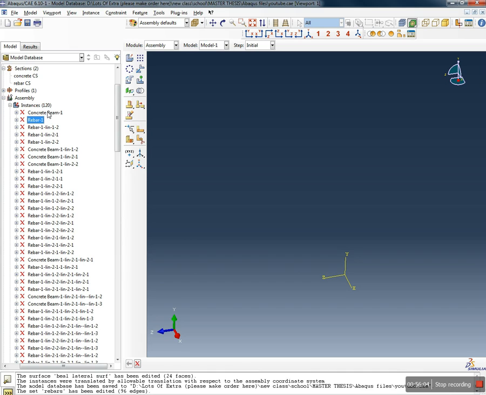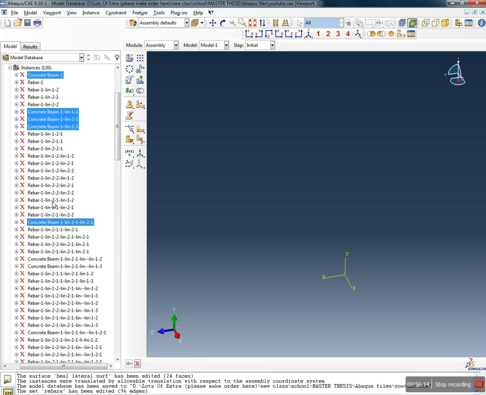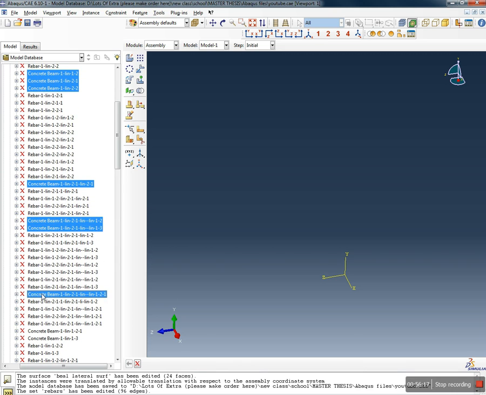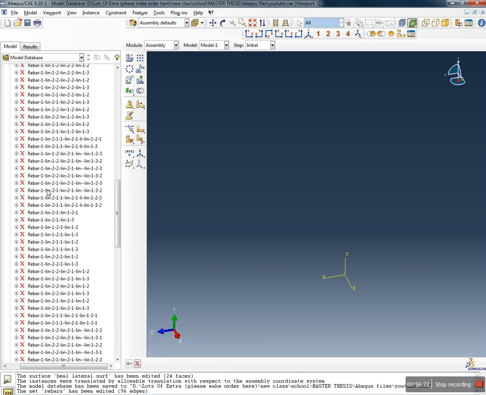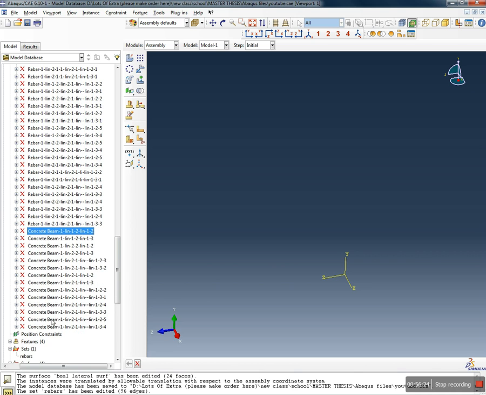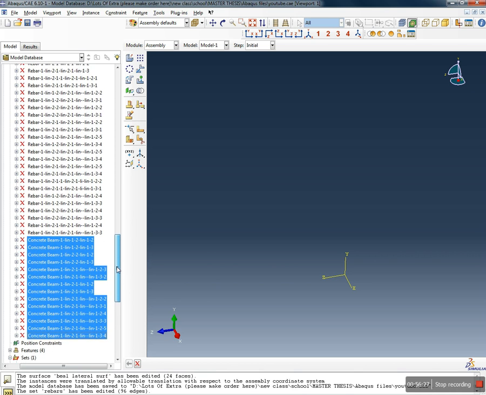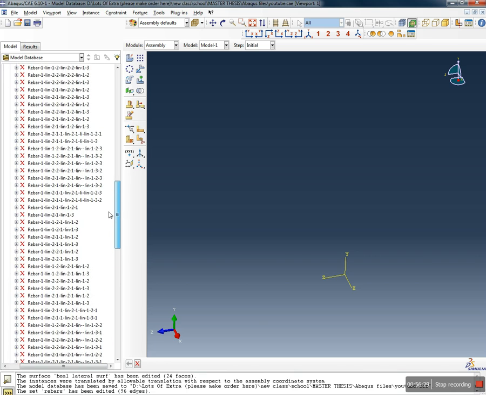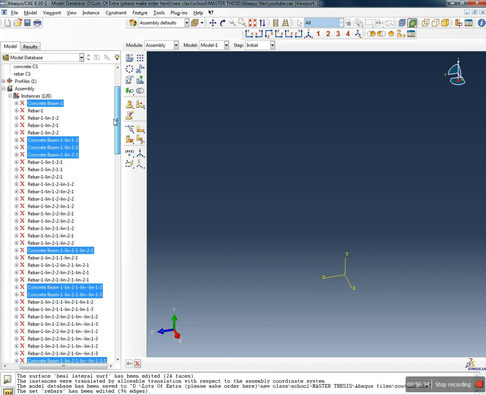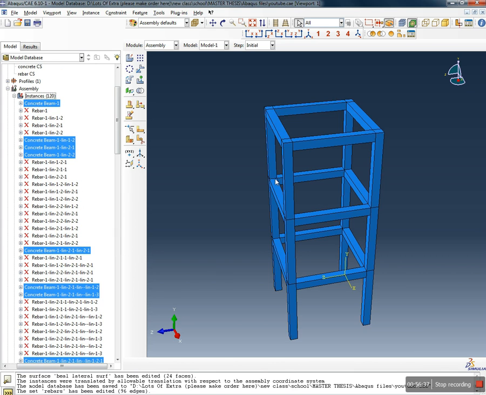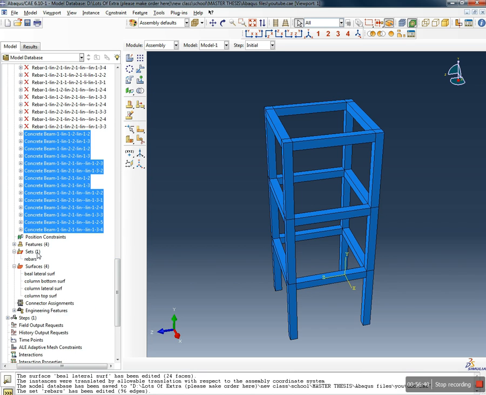I will select again the concrete. Concrete, concrete, concrete, concrete, concrete, concrete. I have to have no concrete which is unselected. Concrete, concrete, concrete, concrete, concrete. Okay, I will resume this, and then I will create another set,